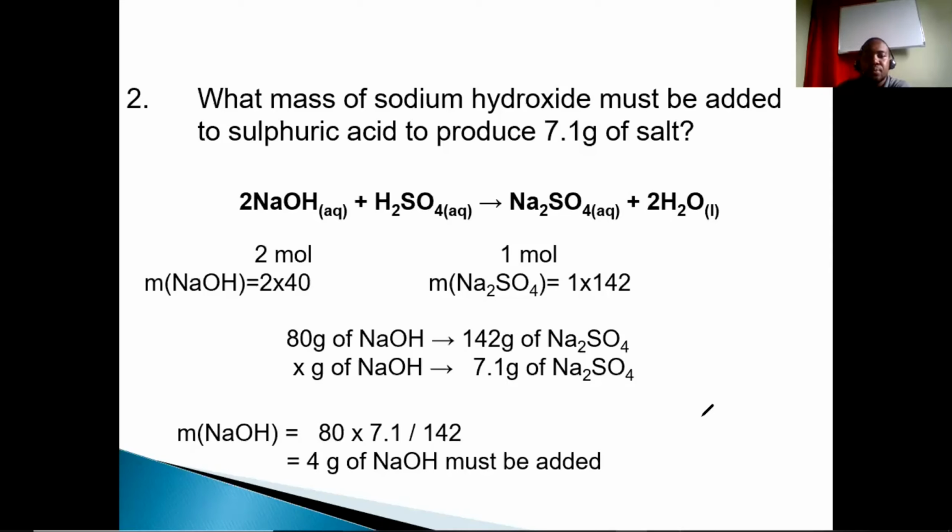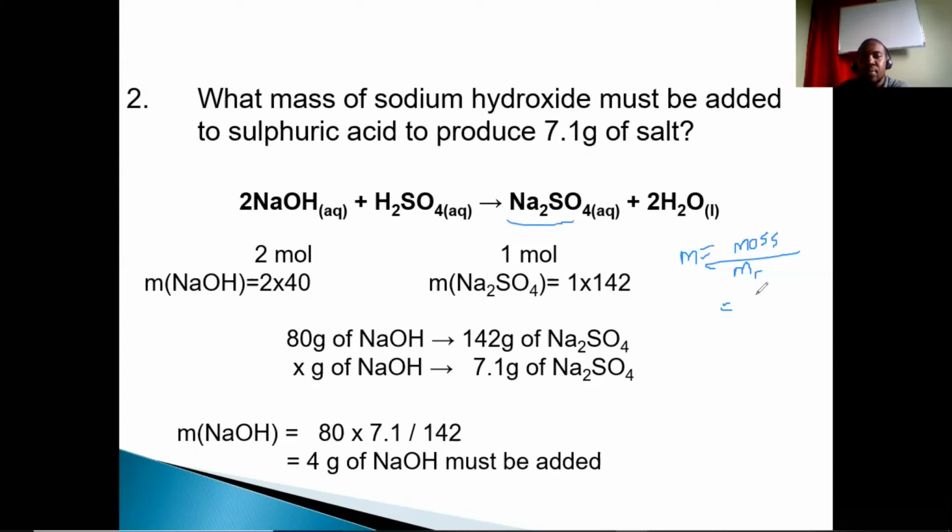Right? So if that is not clear, there is another way, using the equations, to make it look clearer. All right, so we know that the mole is equal to your mass over your molar mass, right? And we're finding it for the Na2SO4 because we have the mass, which is 7.1, and it's being divided by your molar mass, which is 142. All right, so when we calculate that, it gives us a mole of 0.05, right? So our mole is 0.05 mole of Na2SO4,